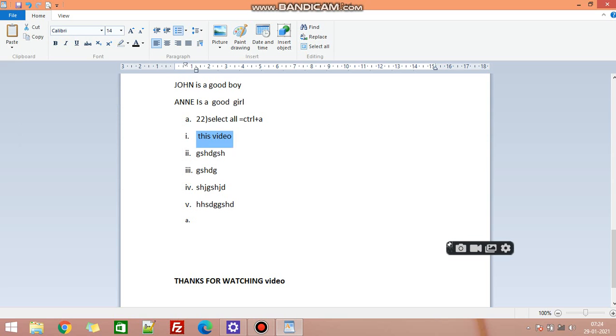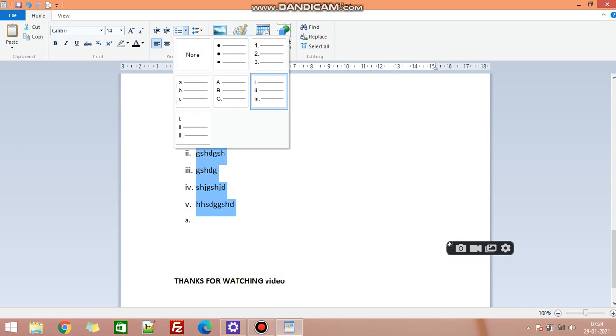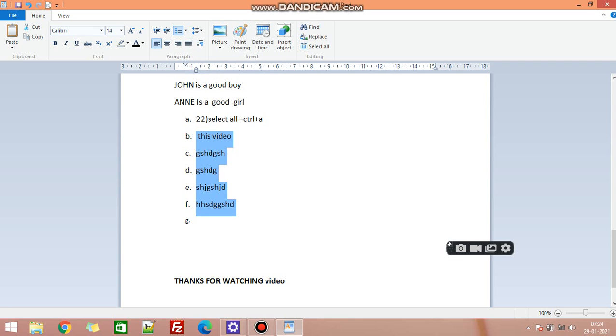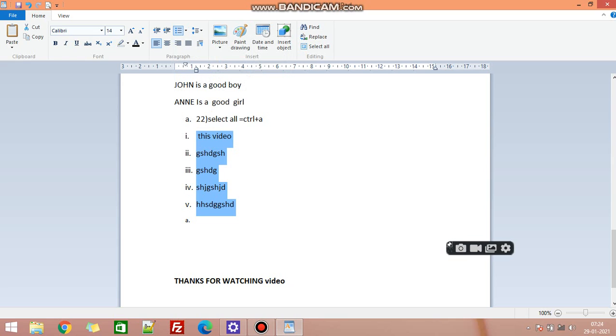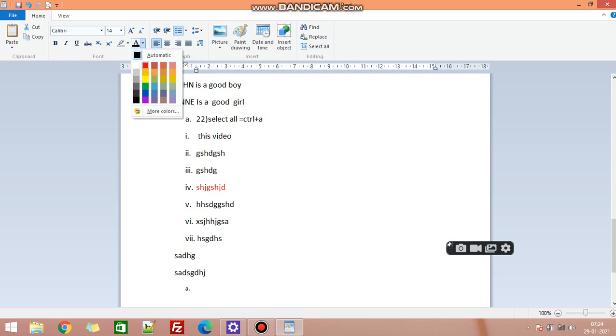And guys, if you want all these things, I am simply giving you examples. If you want to change bullets, you can press here. A, B, C, D, whatever you want, you can give here. But I told you earlier, we have to remove it. You want to remove it now, how will you remove it? Simply go there again and choose none. Then it will not come. See. And color change, if you want to write a different color here.